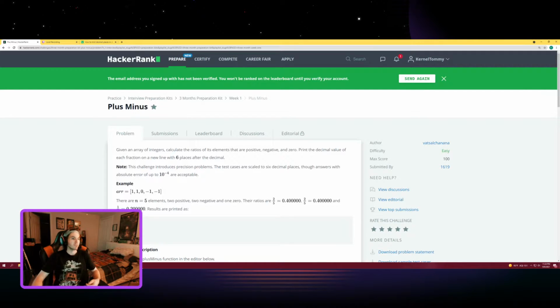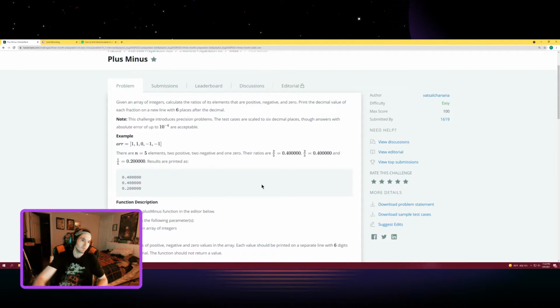This one is called Plus Minus. Just in case it's hard to read, I'll read it out. Given an array of integers, calculate the ratios of its elements that are positive, negative, and zero. Print the decimal value of each fraction on a new line with 6 places after the decimal. Note: this challenge introduces precision problems. The test cases are scaled to 6 decimal places, though answers with absolute error up to 10 to the negative fourth